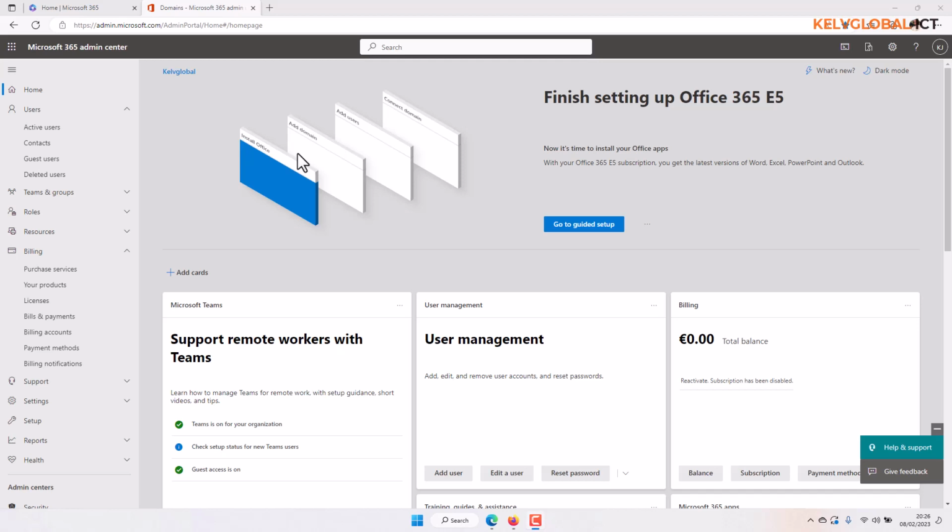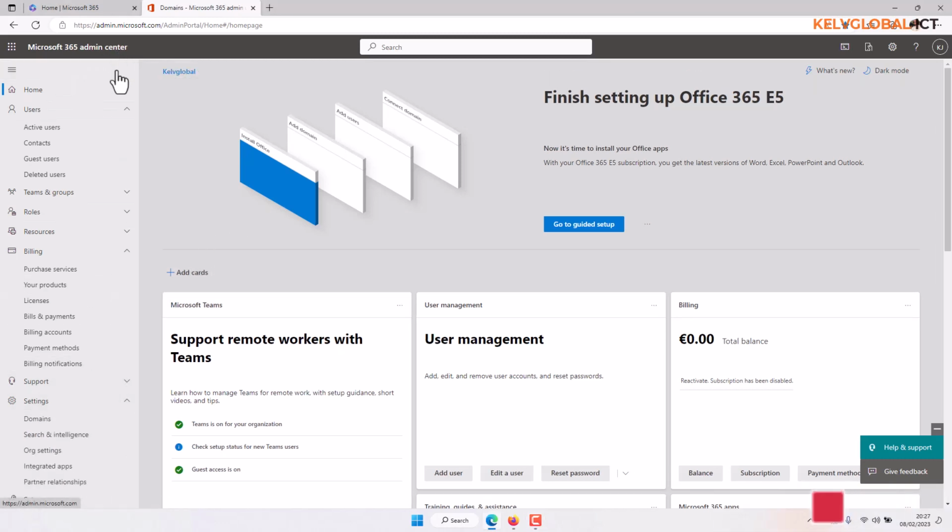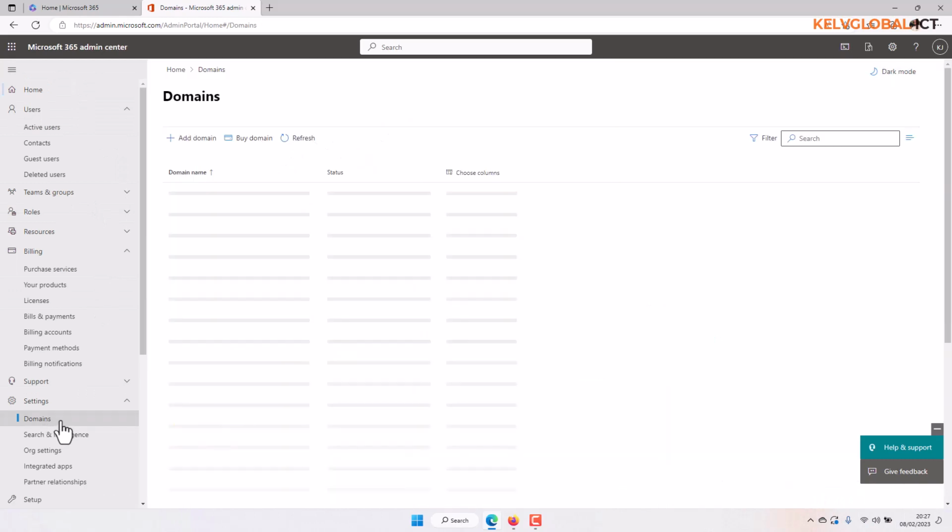We are going to be learning how to manage domain names in Microsoft 365 Admin Center. So when you create a free tenant with Microsoft 365 E5 or E3, you're going to have a default domain name with the domain name which you choose, and then it's going to be with the domain name then dot onmicrosoft.com. So if I go to settings in Microsoft 365 Admin Center and I go to domains,